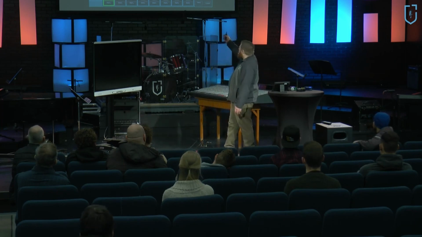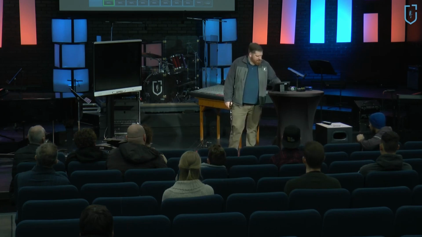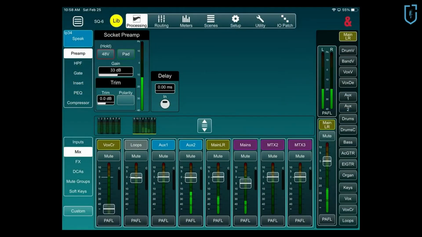The better way to do it, as you can see, my fader is at 0, even though I've set my gain so I'm hitting 0, and my main fader is also at 0. And the way I do that is I'm actually not running from this fader to the mains, I'm running into a matrix. So this one called mains here that's purple,